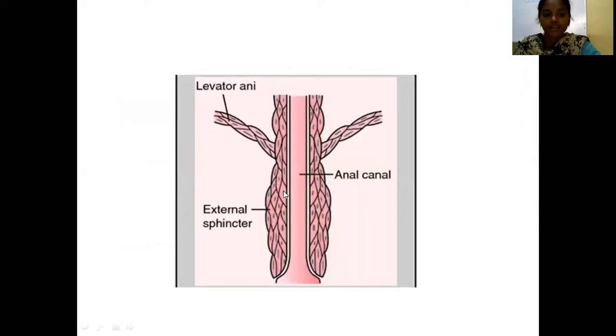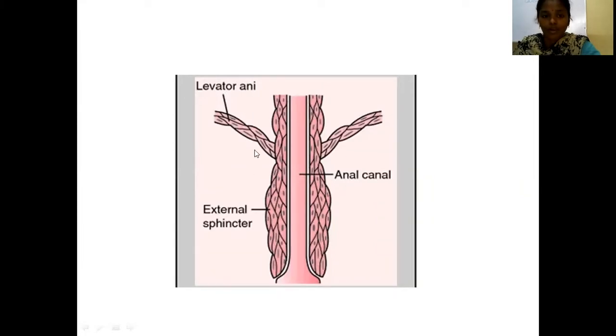See, this is the picture showing the puborectalis, which is part of the levator ani. If the anorectal malformation occurs above this level of levator ani or puborectalis, it will be included under the group of high anorectal malformations. If at the level of the levator ani or puborectalis muscle, it will be included in the intermediate ones, like the rectobulbar fistula or rectovestibular fistula in females.